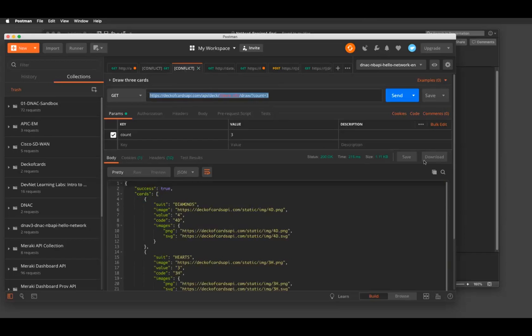And so all of this, how do I know how to do this? How do I know that this is how it's to be formatted? It's because when you go to the deckofcardsapi.com webpage, it will give that documentation. Here's how to get that shuffled deck for the first time. Here's where you need to put in that deck ID and how you can draw 3 cards. So all those pieces are part of the documentation.